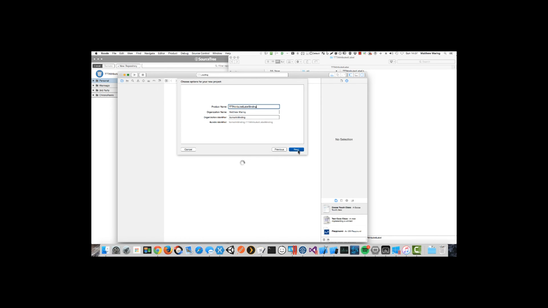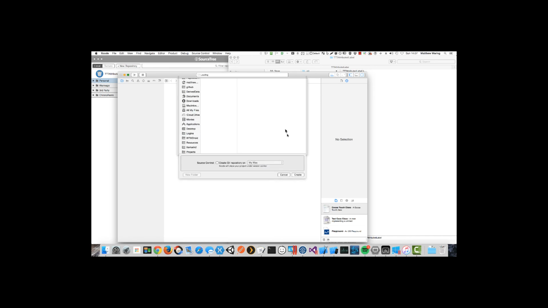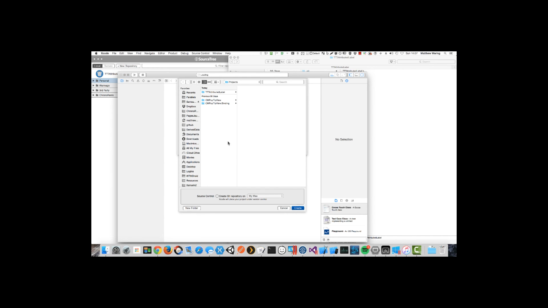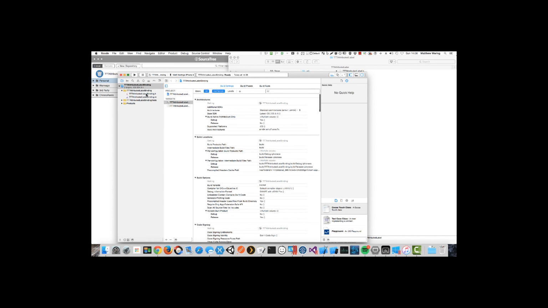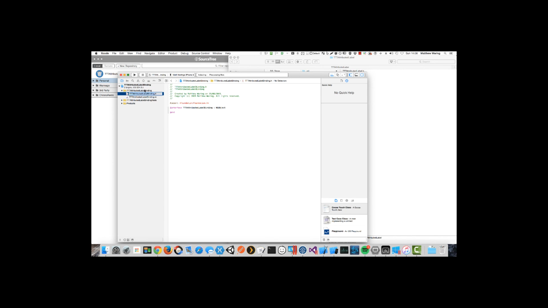We'll leave this as some default information. We'll go next. Now I've already got projects here, but we'll create a new folder, TTT attributed label binding. Create that. Press create. Okay. So first thing we get is the default project setup. So what we're going to do is simply